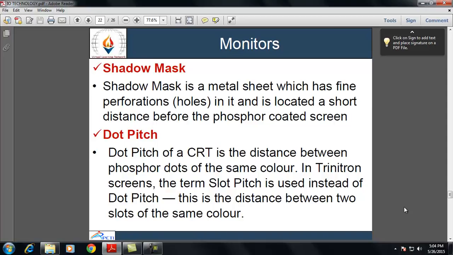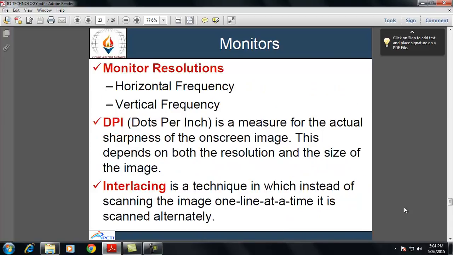Next one is dot pitch. Dot pitch of a CRT is the distance between the phosphor dots of the same color. Next is monitor resolution. Monitor resolution can be based on the horizontal frequency or vertical frequency.